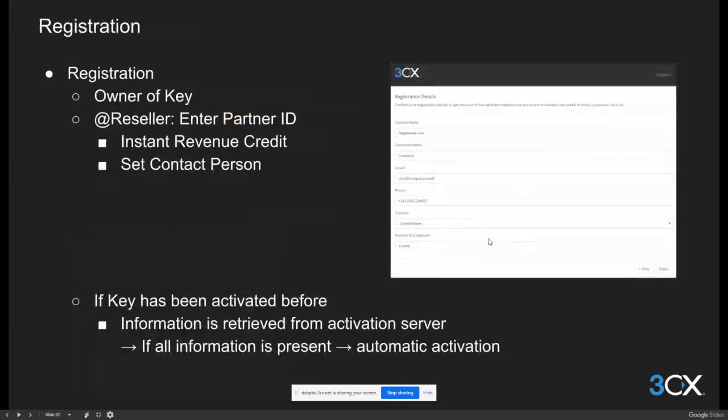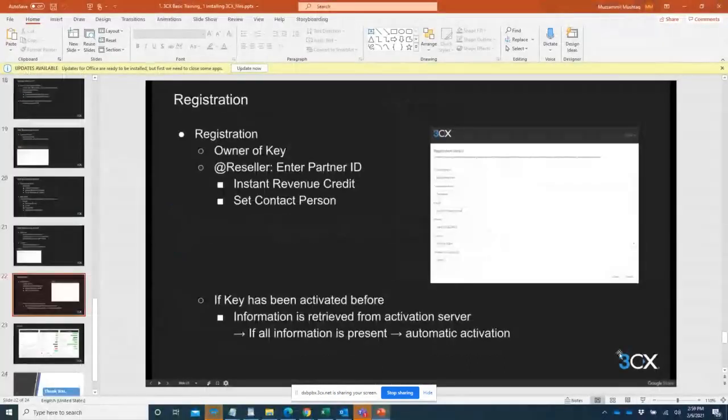So these are the registration details. Once we install the 3.6,